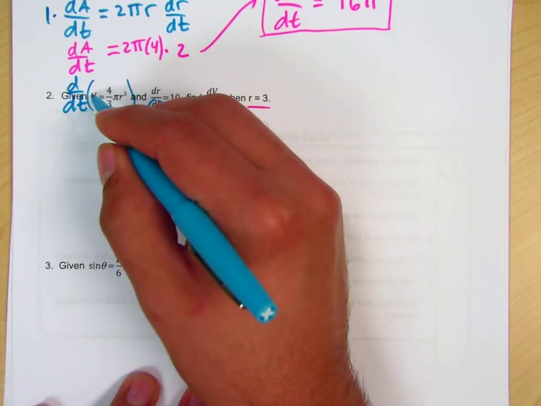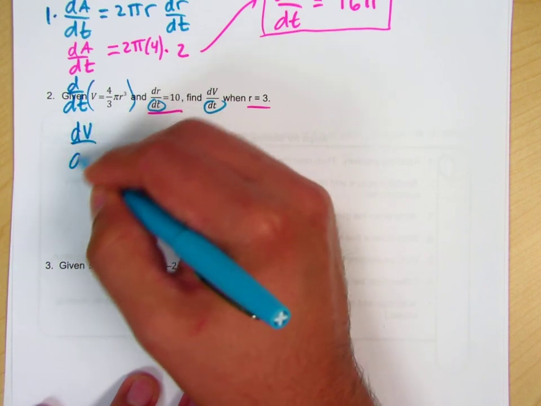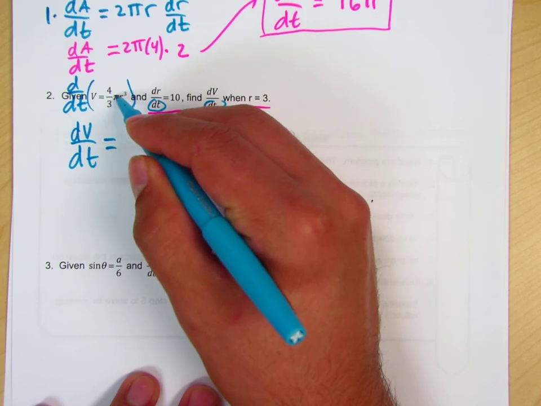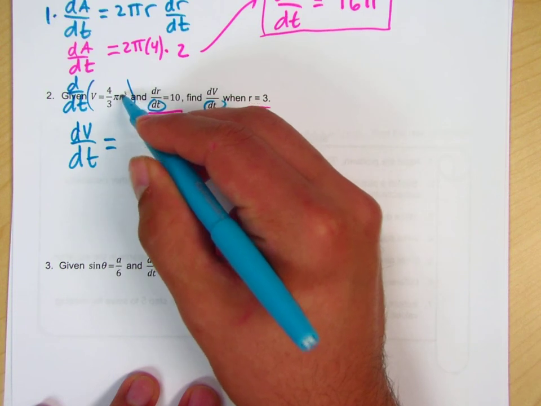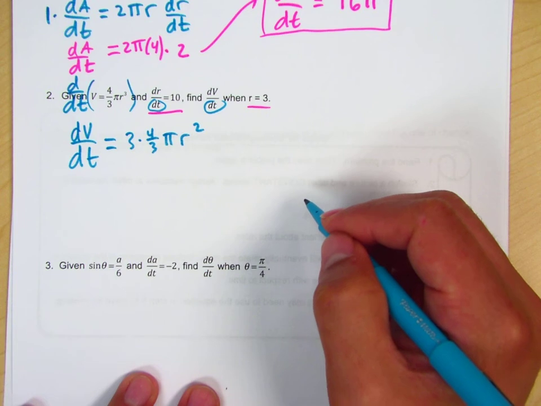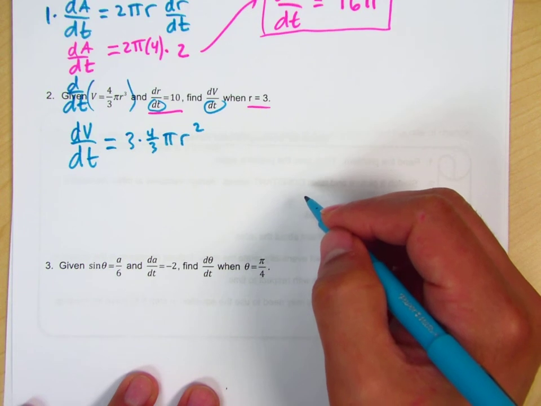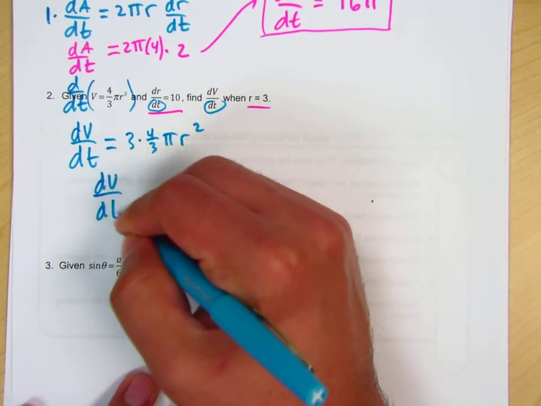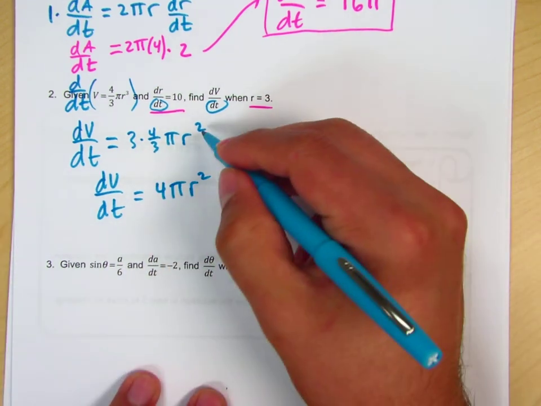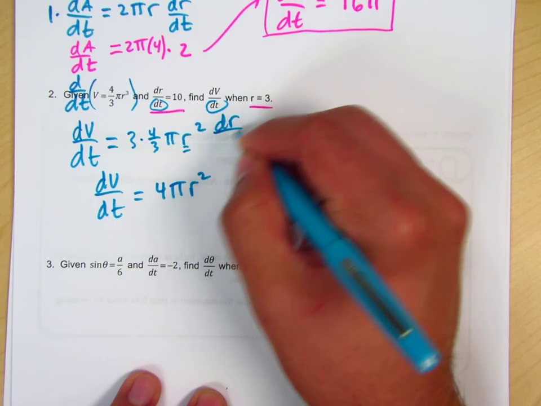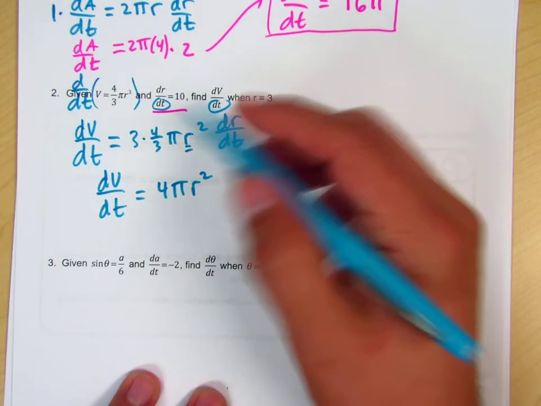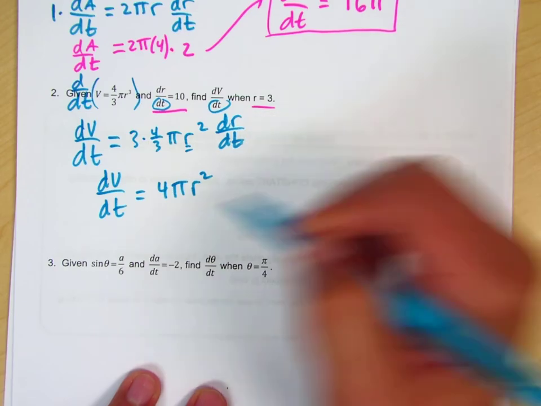So now, again, the derivative of V is just 1, but then we multiply that with dV dt. And now take the derivative of this side. The only variable we got here is just the r cubed. So bring the 3 out in front and decrease the exponent by 1 using the power rule. And let's simplify it a little bit. These 3's cancel out. Oh, one major mistake here. Let's go back. After I found the derivative, again, you have to apply the chain rule. Don't forget dr dt. Every variable is going to get a rate attached to it, dV dt, and in this case, on the right-hand side, dr dt. All right, so we got 4 pi r squared